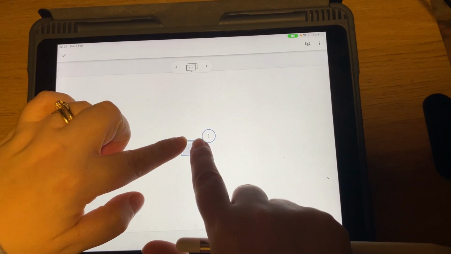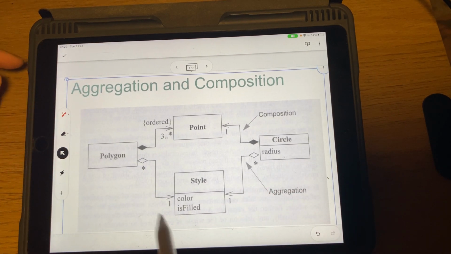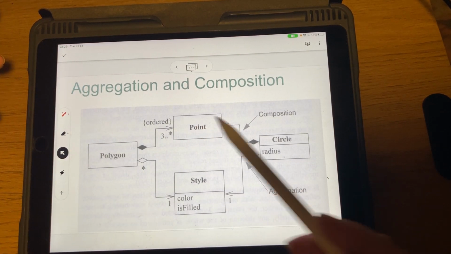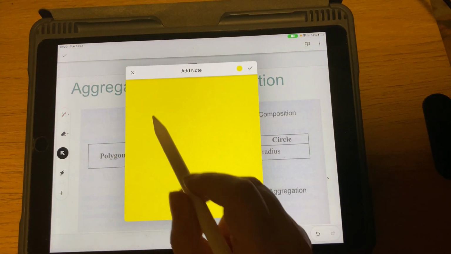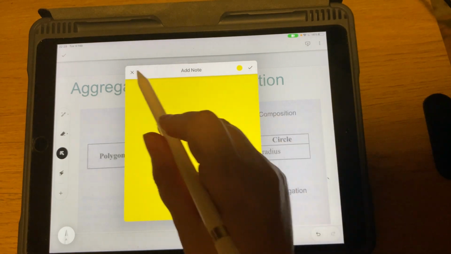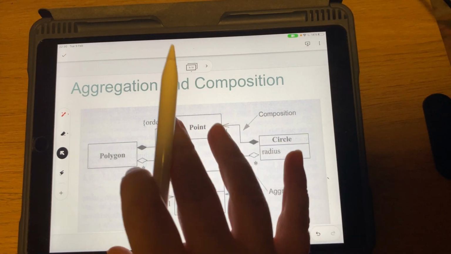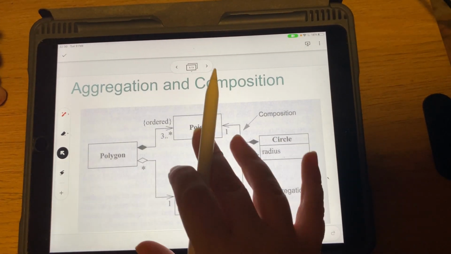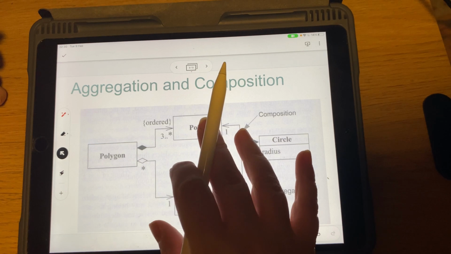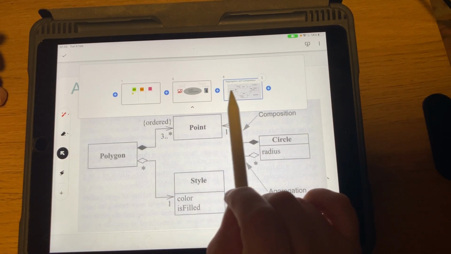Now it's really small, so two-finger pinch zoom to make it larger. Now if I wanted the pupils to annotate all around this and make changes to it, to use the sticky notes tool to put in some more information on it, then what I could do is give each pupil their own copy of this. So they're working in their own frame, and then I can go through and monitor each pupil as they're working. So the way you do that is you tap up here,